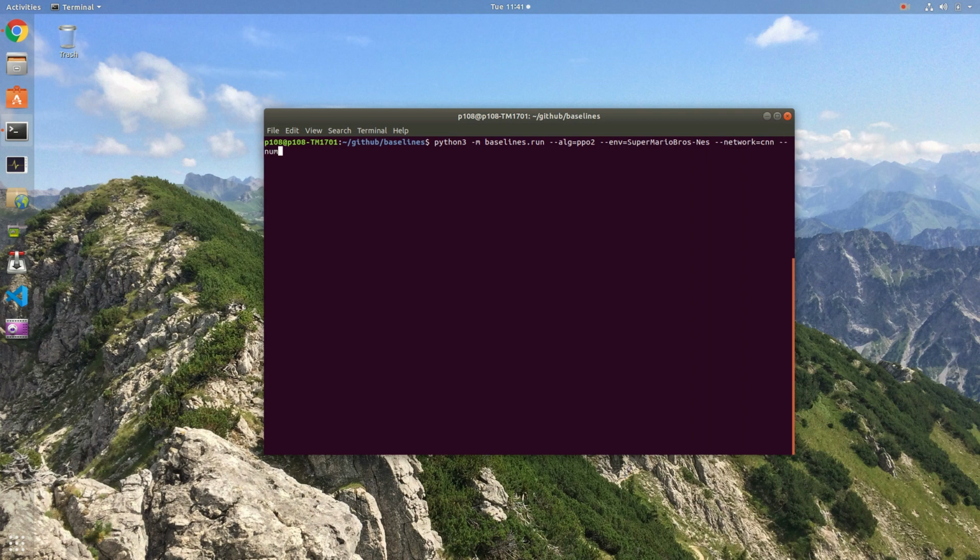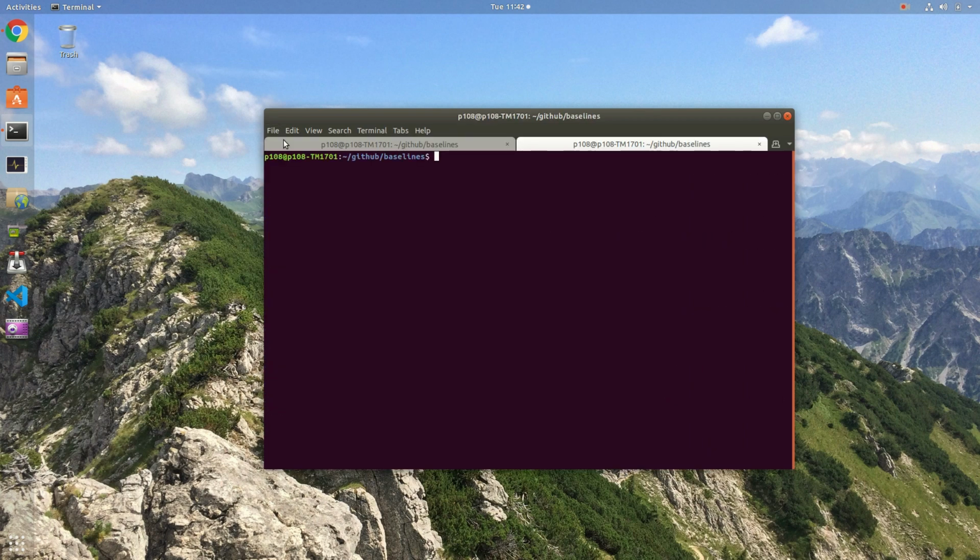Number of time steps for the training. We're going to try 10,000. 10,000 is not enough to learn anything really, but it's just a test to see if the setup works. And play. Play means that after the training is finished, it's going to automatically open a window and run the trained neural net, so we can see the results. Another way of seeing the results is to save it to a video, which I'm going to show later. So let's try that. While it runs,